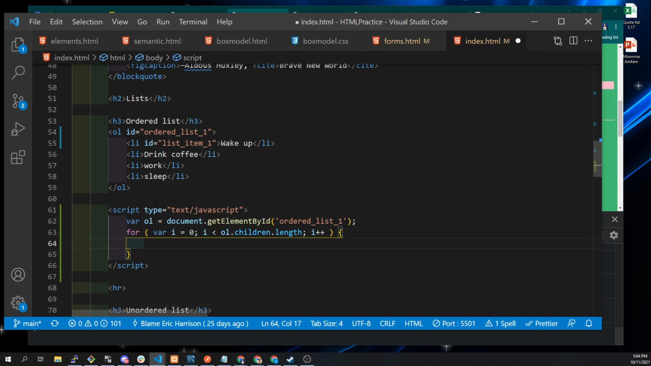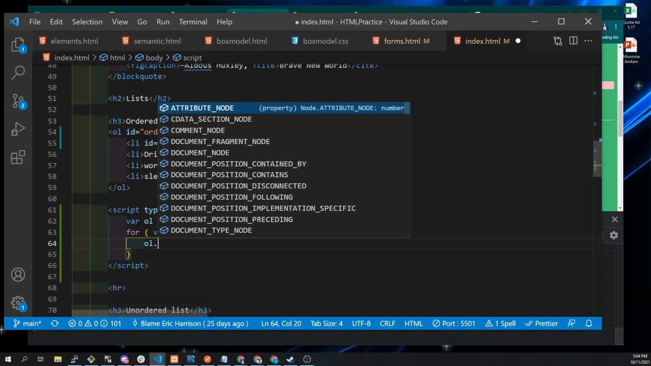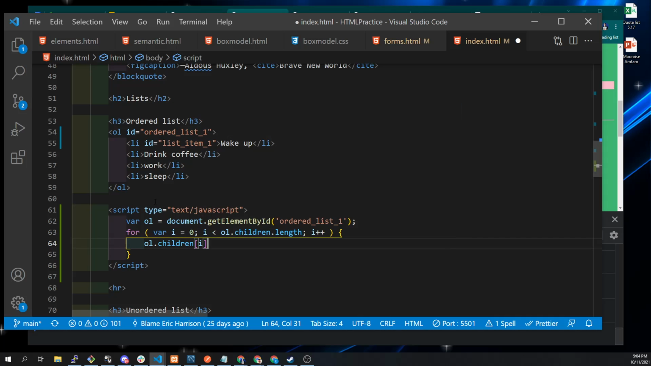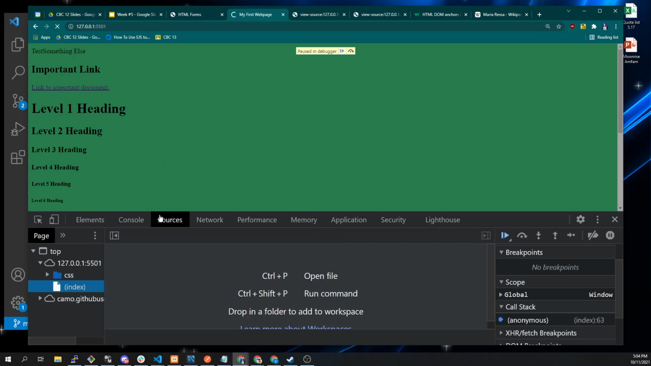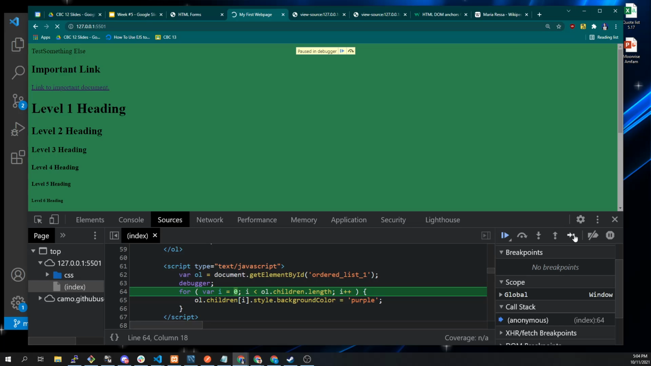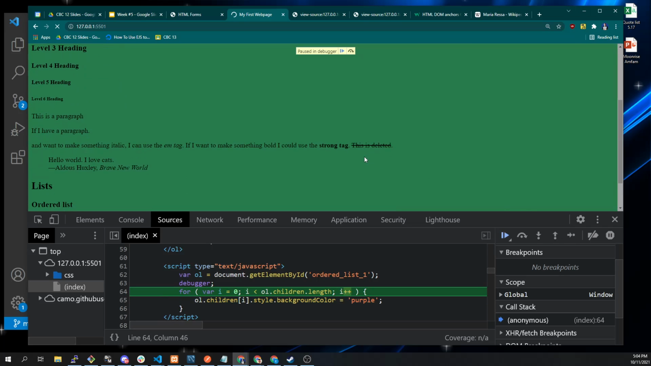So now we're looping through those children, and we'll set a breakpoint here so we can debug and step through this. I can say ol.children i style.backgroundColor equals purple. And let's just start the debugger here. Debugger. Now you can see it's paused in the debugger, and if we were to run, you're going to see children.length is set to 4 here. i is 0 right now, and if we step into this, you'll see, if we scroll down to our list,